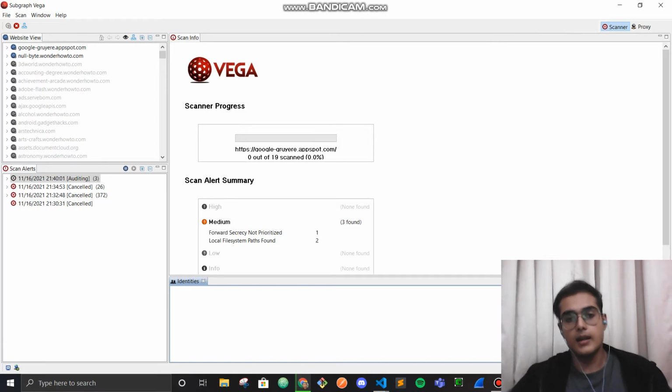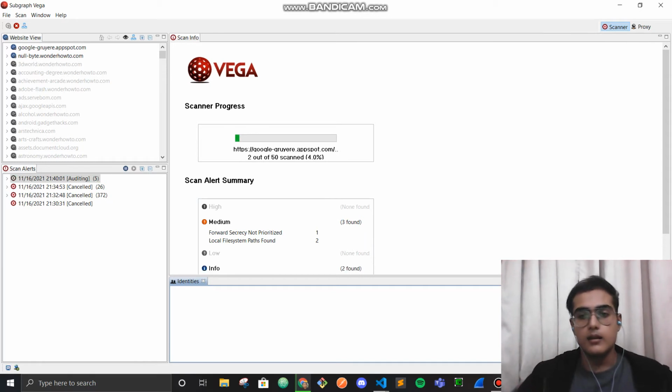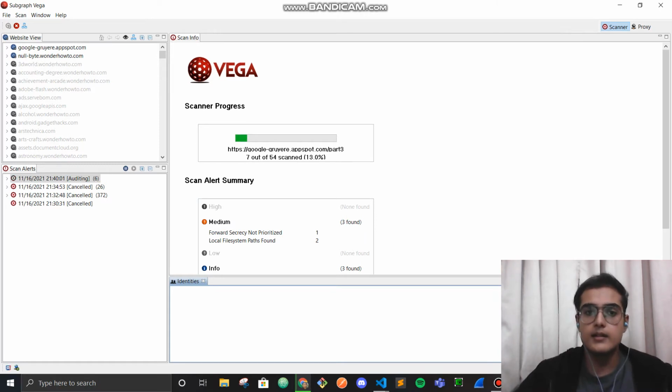So it will take some time, probably 1 to 2 minutes for the scan to complete. As I said earlier, Vega is a free and open source web security scanner, and it's a web security testing platform to test the security of web applications. Vega can help us find and validate SQL injections, like we saw earlier, and cross-site scripting, and disclose sensitive information which might be present on the website by mistake, and many other vulnerabilities. It is written in Java, and is GUI based, as we can see.